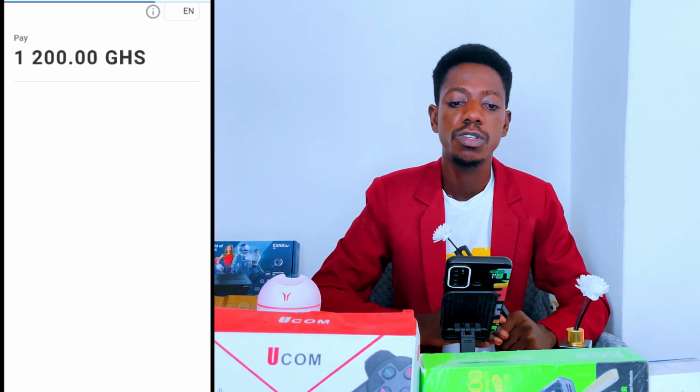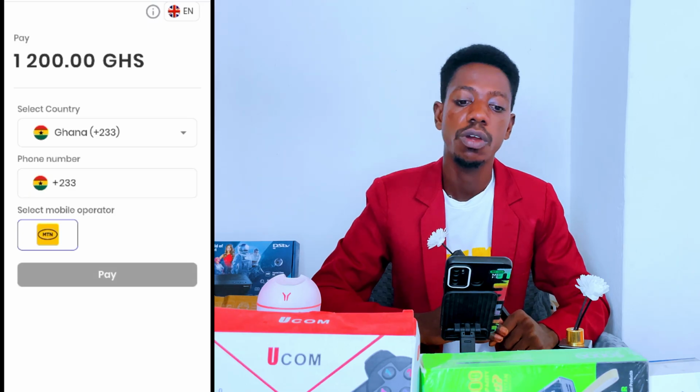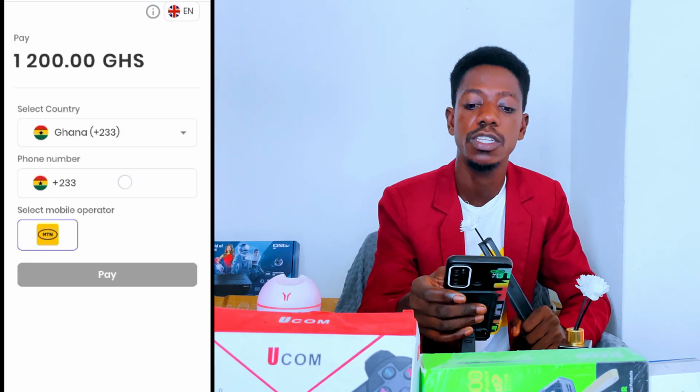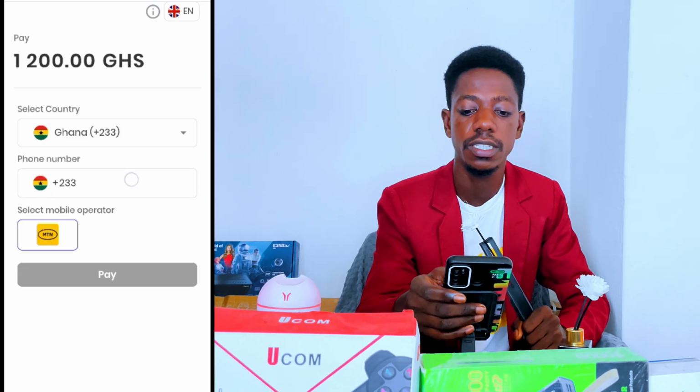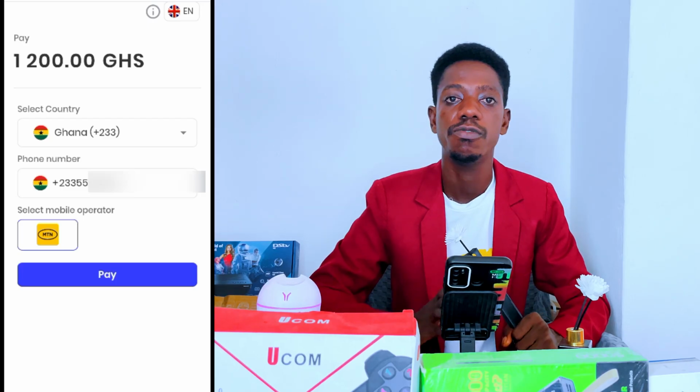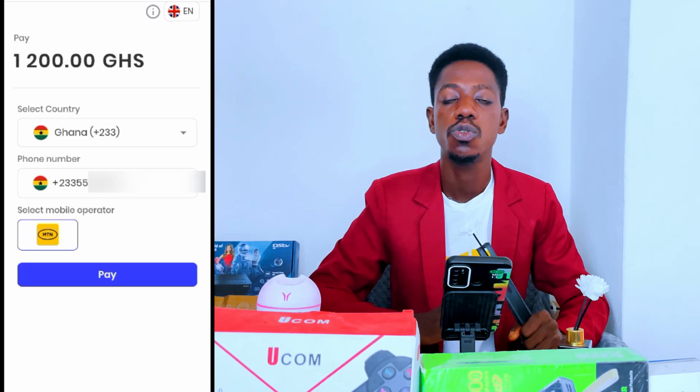After filling in the required details here and clicking on deposit, you'll be directed to the deposit page, where you go and make the deposit onto your account. Here you enter the mobile phone number that you want to use to make the deposit. Then you click on pay now here. One thing you need to take note of is that when you are entering the mobile money number that you want to use to make payment,